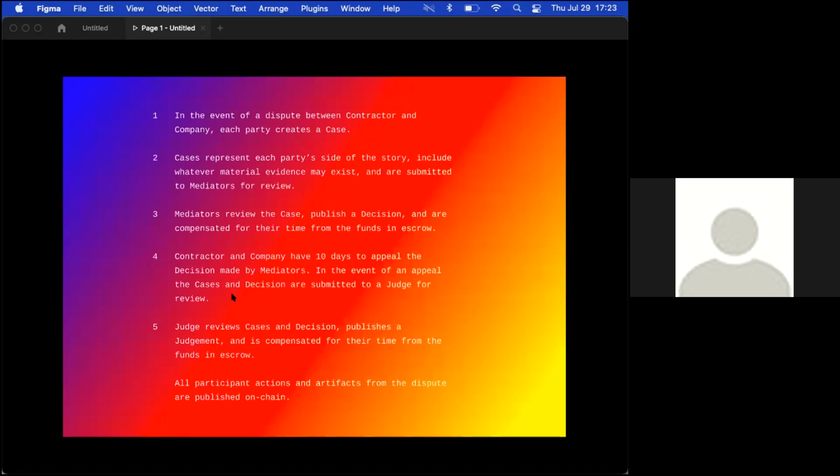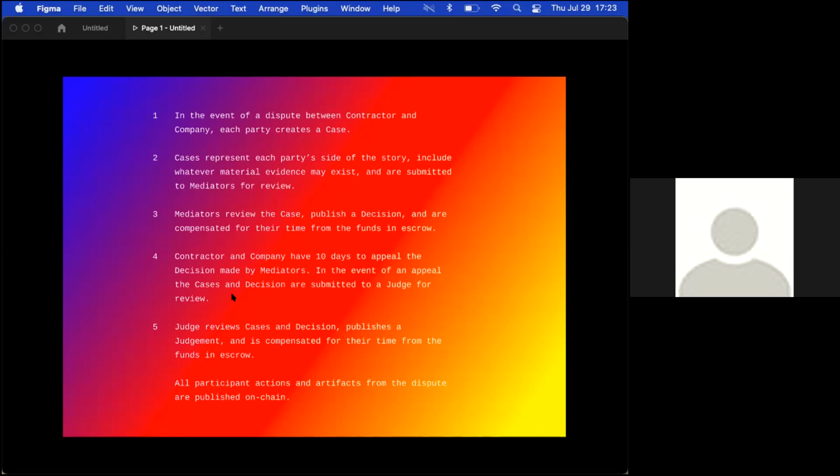Suppose that in the event of a disagreement, the contractor and the company would each make a case for their side of the story. Those cases would be reviewed by the mediators, who would then publish a decision. All this would happen on chain.